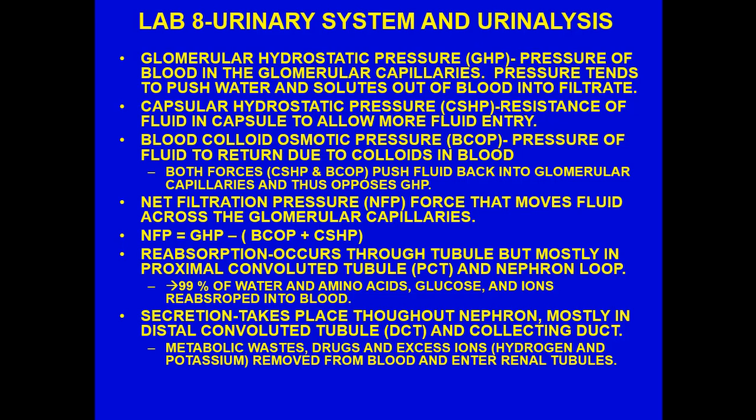like water. Now, after filtration, we talk about reabsorption, which occurs through the tubule, but mostly in the proximal convoluted tubule and the nephron loop. Approximately 99% of water, amino acids, glucose, and ions are reabsorbed back into the blood. Secretion takes place throughout the entire nephron, but mostly in the DCT, distal convoluted tubule, and the collecting duct. This is where metabolic wastes, drugs, excess ions such as hydrogen and potassium are removed from the blood and enter